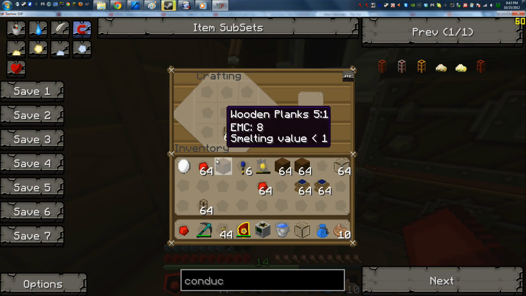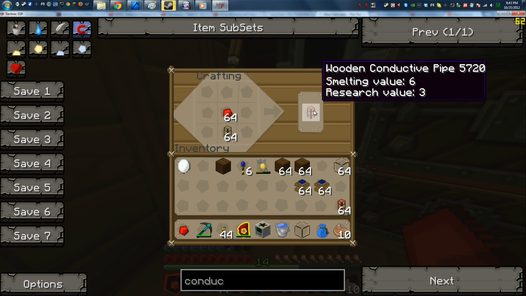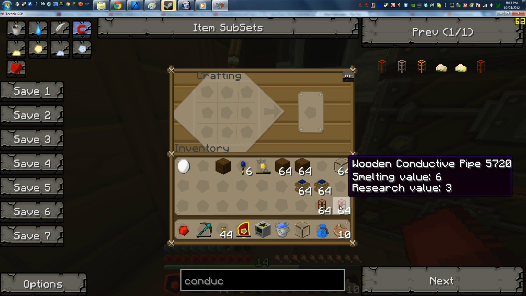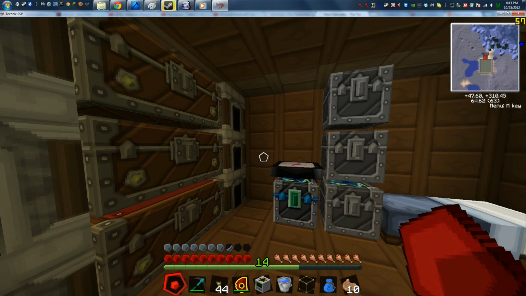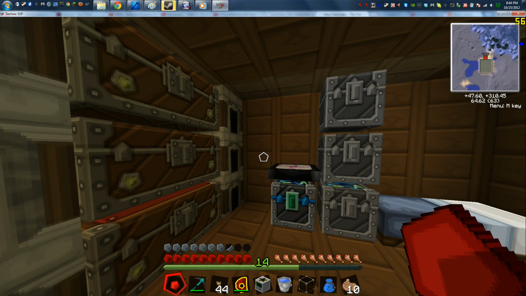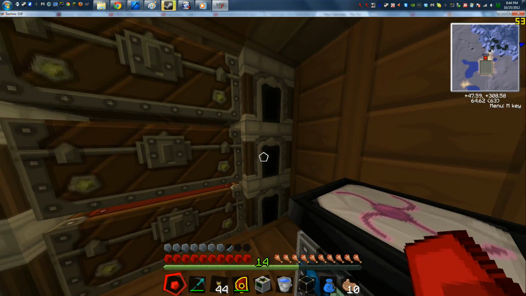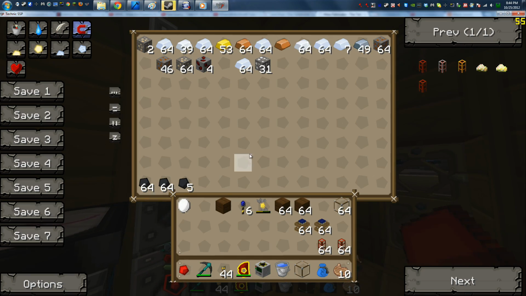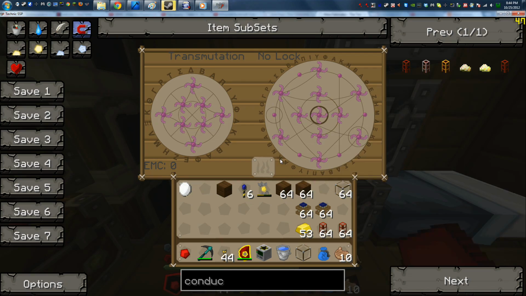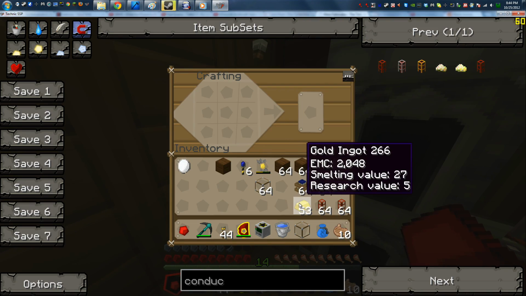To make these conductive, all I need is just to put some redstone on them. And now they're conductive pipes, so now I have my wooden conductive pipes, and now I'm going to need some gold conductive pipes so that I don't have energy loss, because I don't want to lose energy. I want all this energy to be converted as good as possible. So for that, I'm actually going to need you right there. And keep in mind that it does make 8